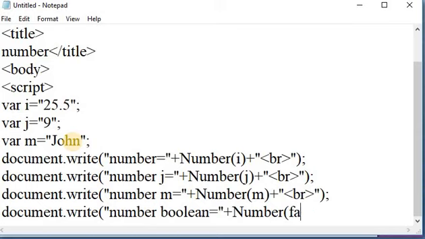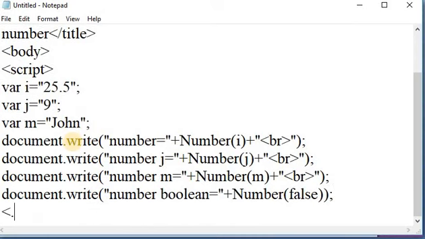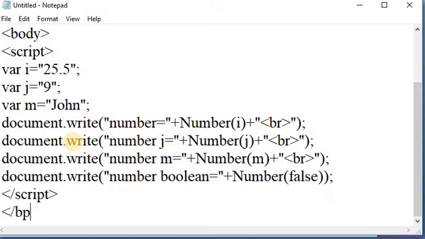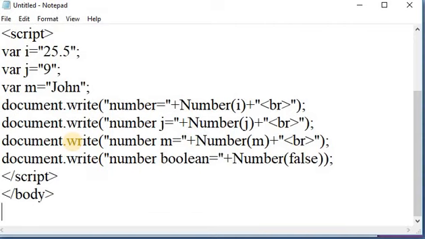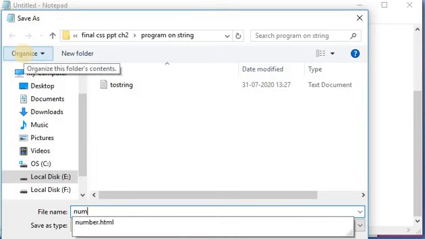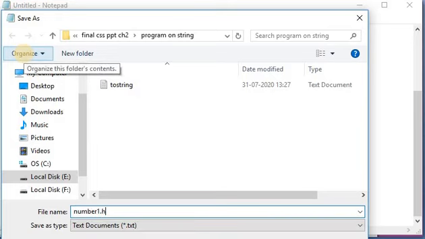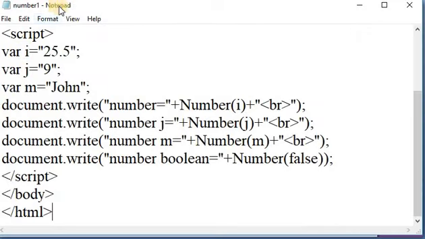It returns 0 for the boolean value false on a web page. Close the script tag. Close the body tag and close the HTML tag. Save this file with the extension number.html and see the output of this program.